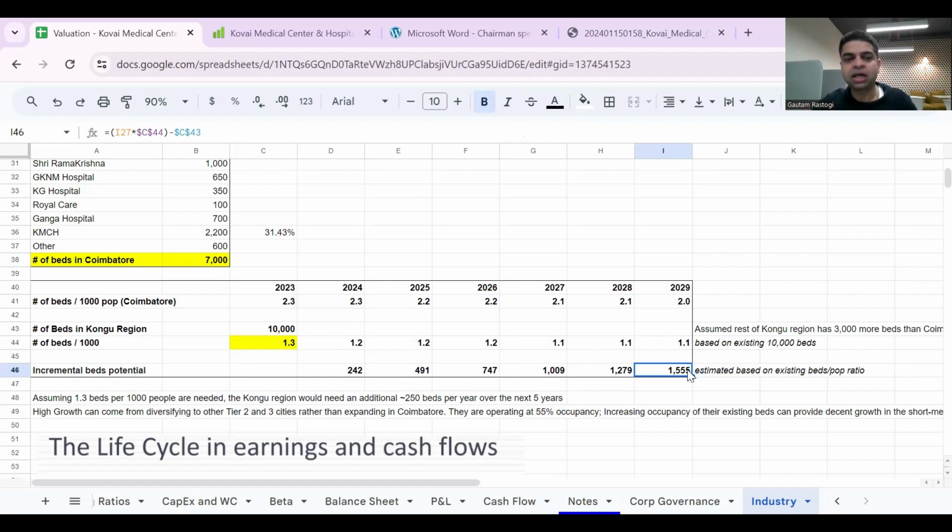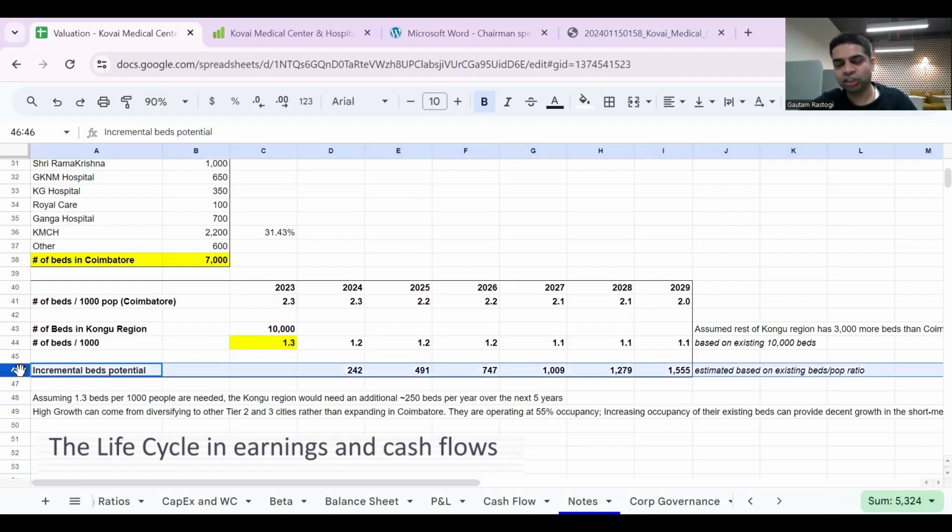So what we are saying is if 1.3 beds per thousand people are needed in the out years after 5-6 years, then this entire Kongu region would need an additional 250 or 240 beds every year. Totally like 1,500 beds over 6 years additionally. Now, all of this math, this incremental bed potential that we assessed in this entire region,